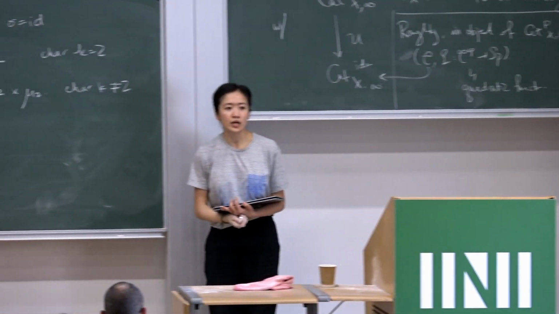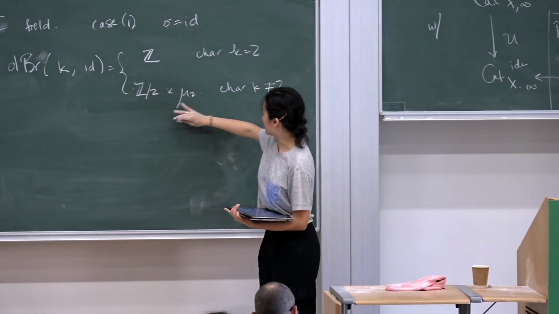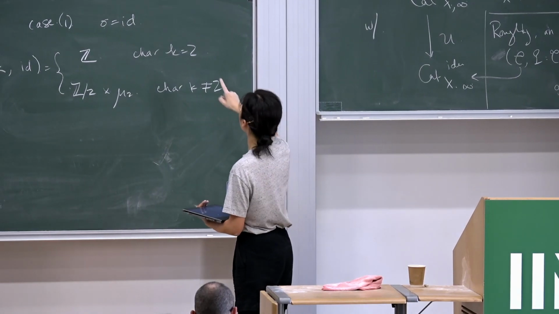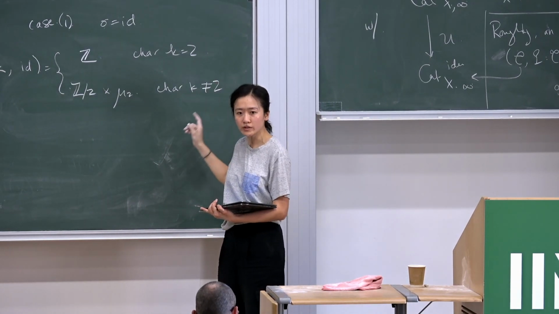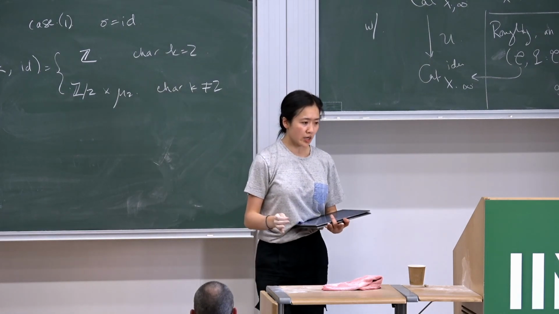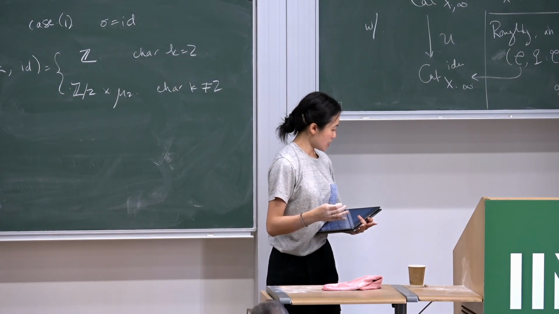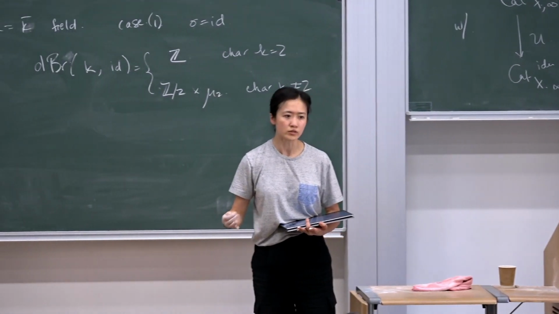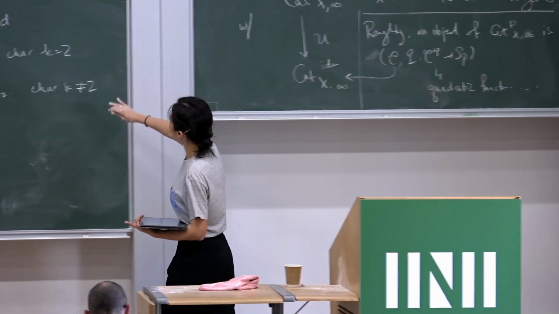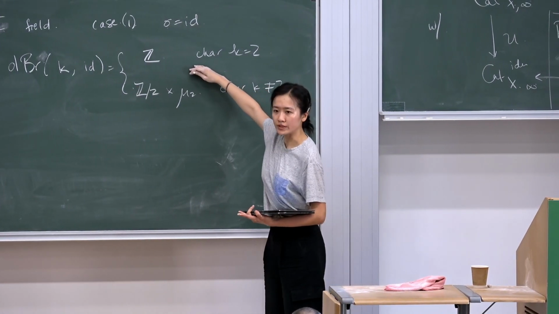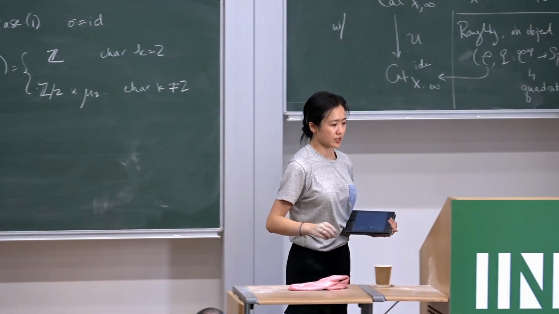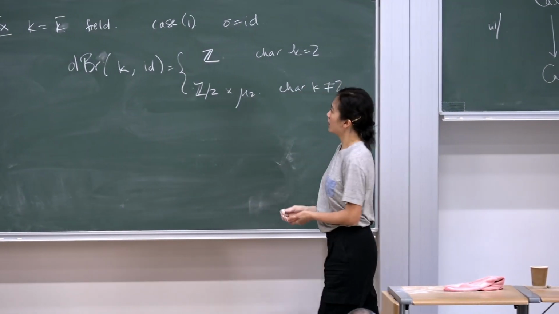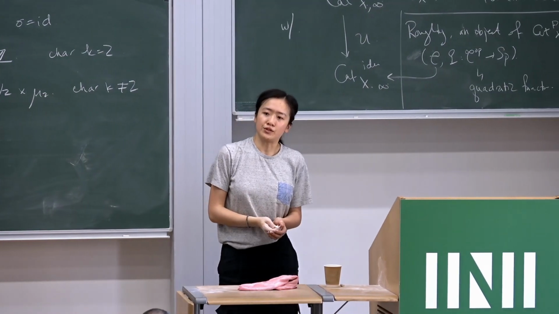Roughly, when the characteristic of K is not equal to 2, we have a distinction that comes from the distinction between anti-symmetric forms versus symmetric forms, say on vector bundles or something more general. But that distinction goes away in characteristic 2. So we expect these various moduli spaces associated to these objects to behave strangely near 2.